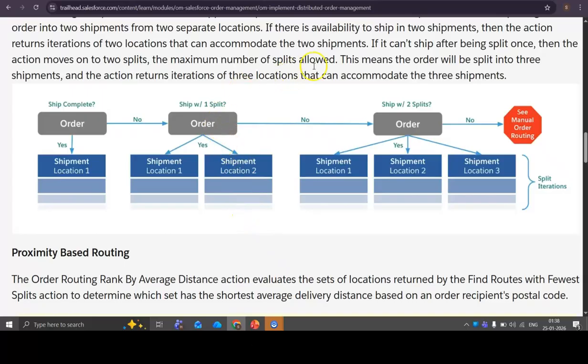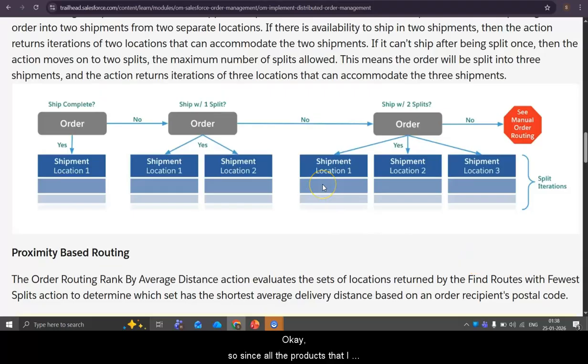Then it will do one more round of routing. Again it will split the shipment and check. So for the laptop, it is available in location 1, mobile is available in location 2, and the speaker is available in location 3.